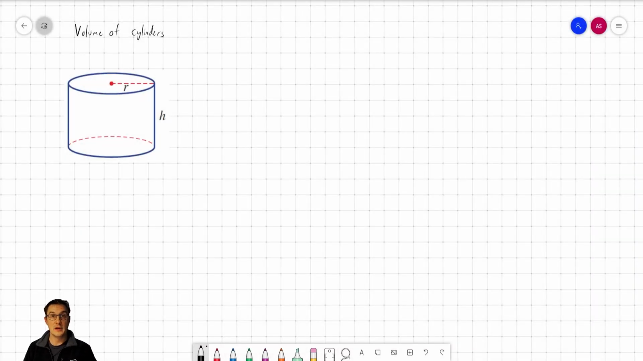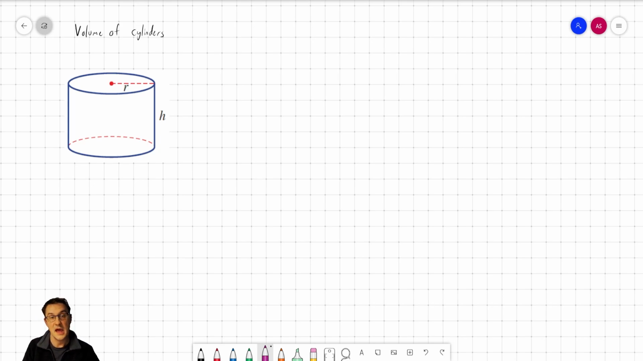Hey, amazing people. What we're going to do today is look at the volume of cylinders. In particular, we're going to look at how to calculate it when we've only been given a radius and a height. Now, the formula we use when we do this focuses on finding the area of the circular part at